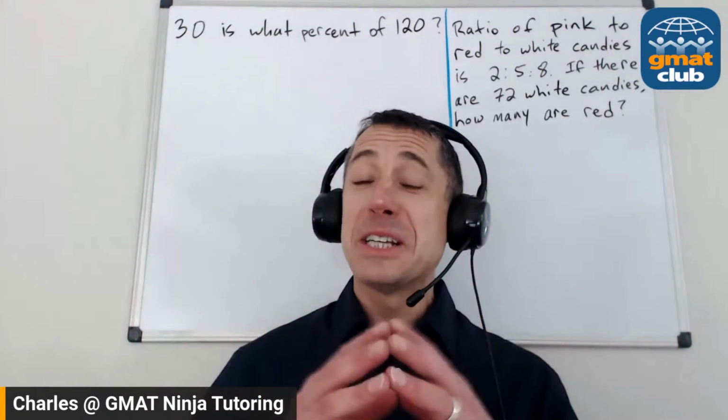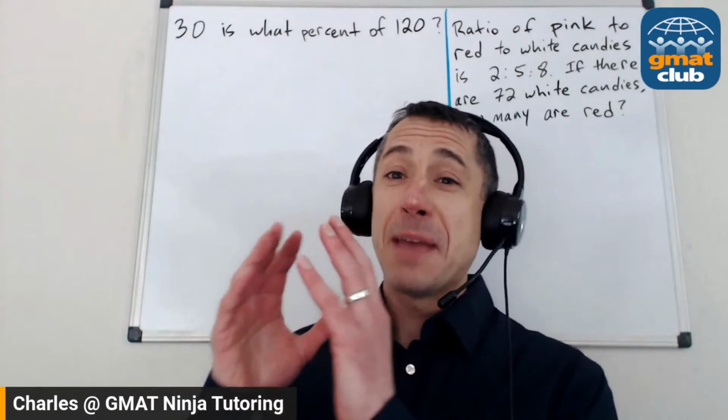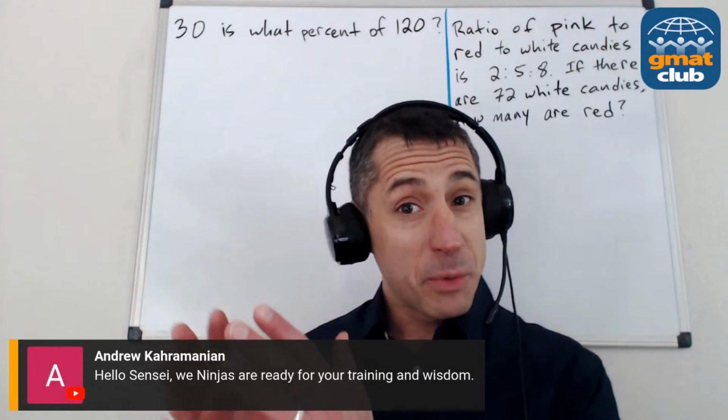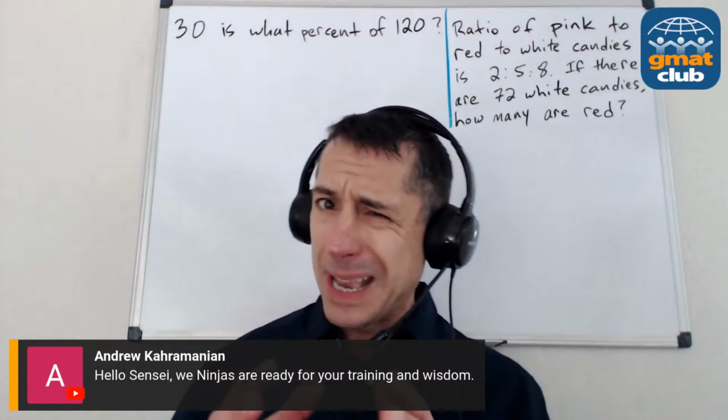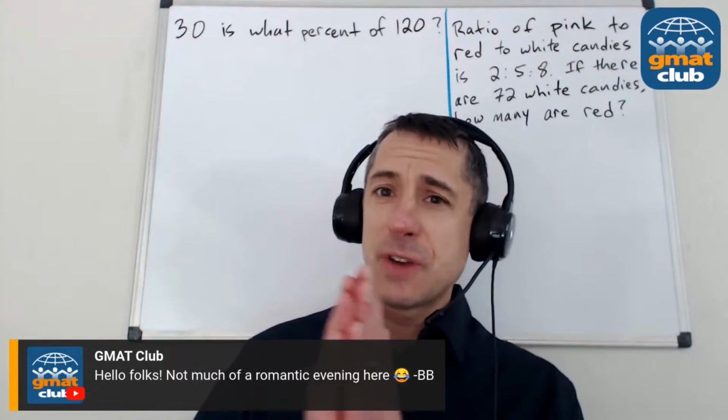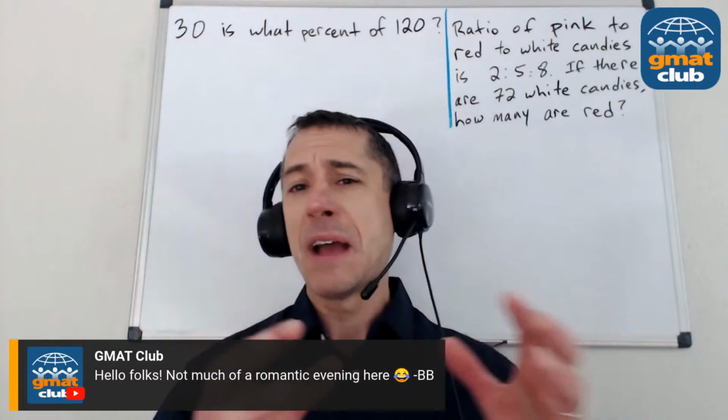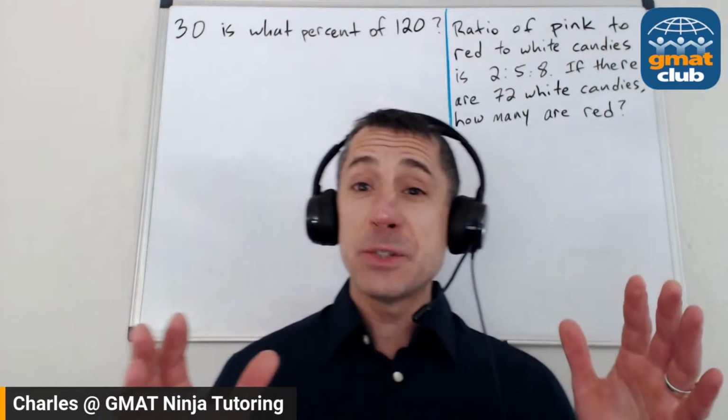So our goal with this series, if you haven't watched the first 3, we are aiming this for people who are struggling a little bit with quant. Maybe you're scoring in the 70s, maybe in the high 60s, something like that, low 80s, maybe. And you're just trying to get your score better. You're scoring somewhere around average right now. So I'm not going to melt your face with super hard stuff today.